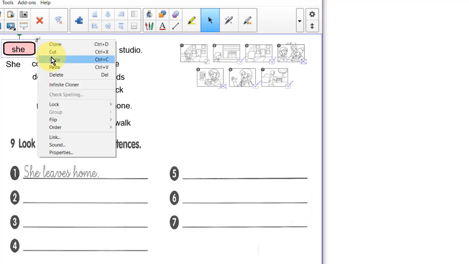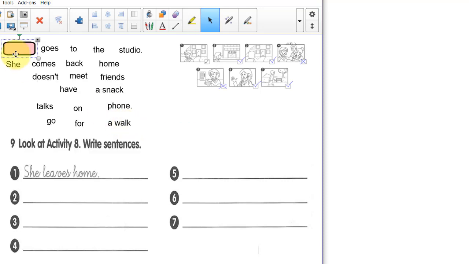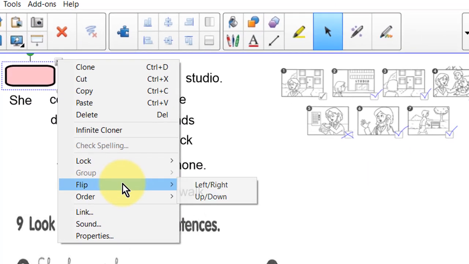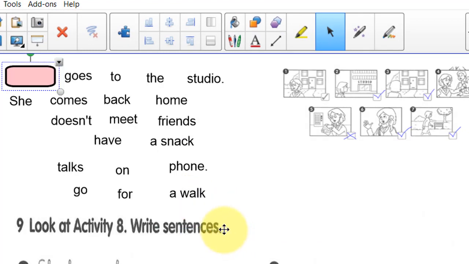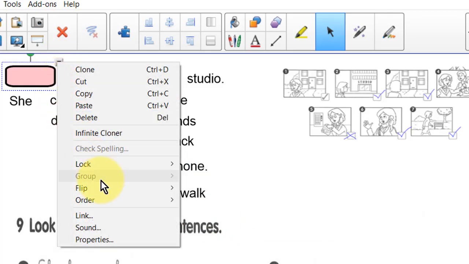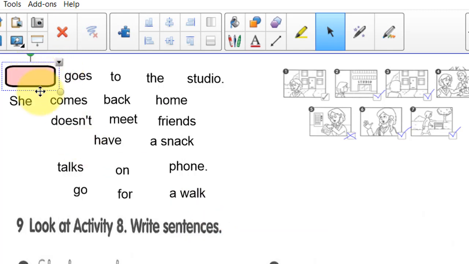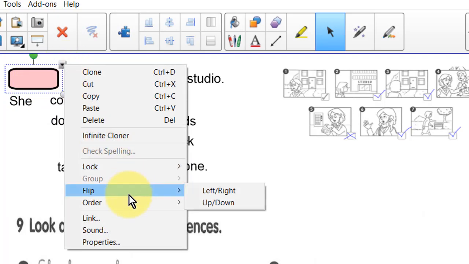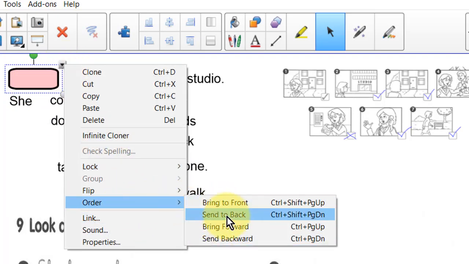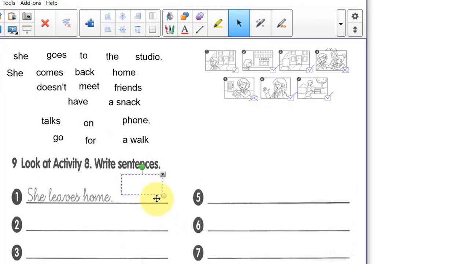So let's send it to the front again. Bring to the front. So we just want to move it back one space. So order, not send to the back, send backward. And we'll do that again. Send backward. Oh, that's going to take a while because it'll go behind some text but not others. So what we'll do is we'll send it right to the back. Send to the back. And the only thing we need it to be in front of is